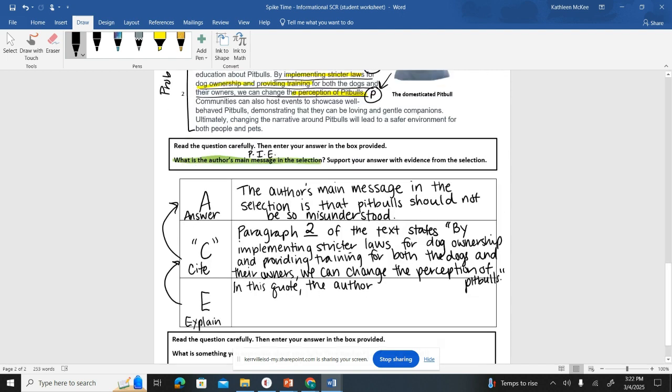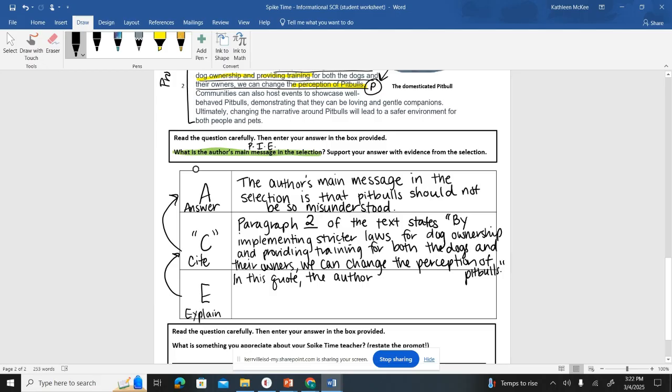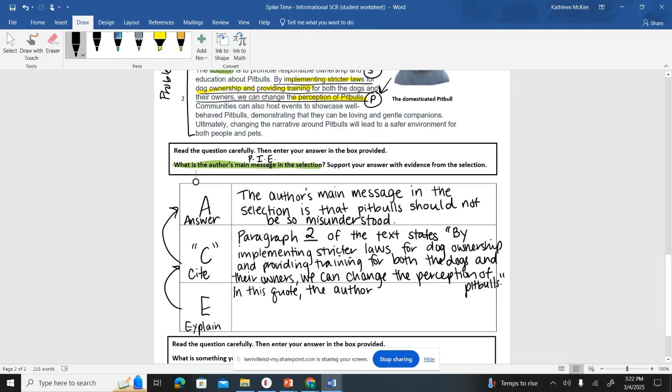Okay, so I'm going to write that down. And you don't have to pause the video. You can just write it along with me. Or if you want to write a better explain than mine, please feel free. Okay, so in this quote, the author offers solutions to the problem in order to, what's the author's purpose? It's either persuade, inform, or entertain. In this one, you could say inform. I'm going to say persuade, just because I feel like the author is trying to get people to take his side and think about how pit bulls are not as dangerous as they seem. So, to persuade the reader